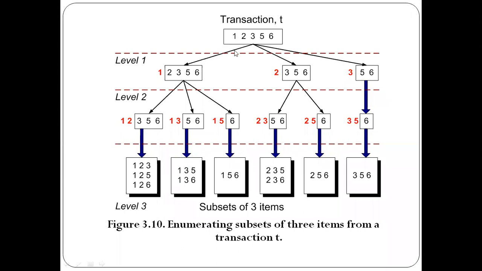So now consider a transaction with items 1, 2, 3, 5, 6. Since all the items are present here, it will be compared with all the candidates. So the total number of comparisons will be equal to the total number of candidate item sets for this transaction. Suppose if an element is not present, then we will not compare the transaction with that candidate item set, because that item itself is not present there.